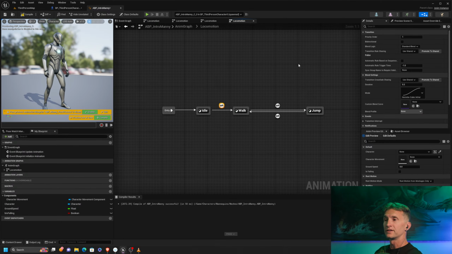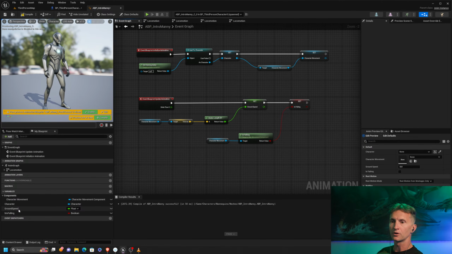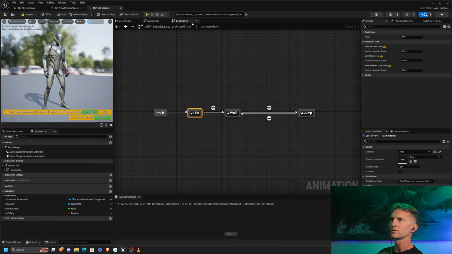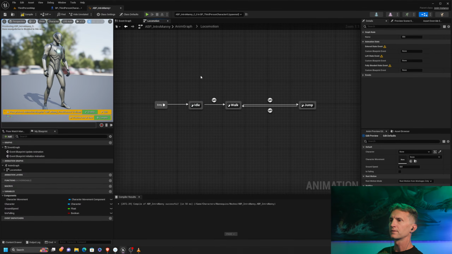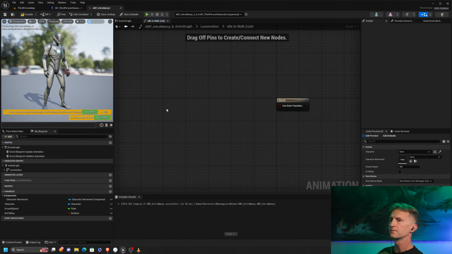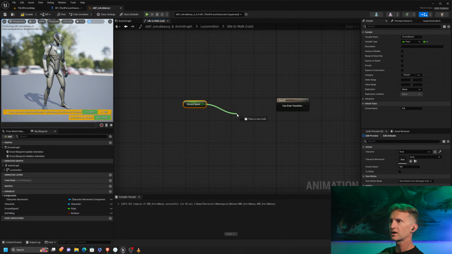So that's right, and we stored that variable. We called it ground speed. So let's go back to our idle. I'm going to close down some of these windows real quick just to clean this up because there's so many of these open. Okay, so in our idle, in our transition, I'm going to double click in our transition. And what I'm going to do is get my ground speed. And let's just try this. Let's see if our ground speed is greater than